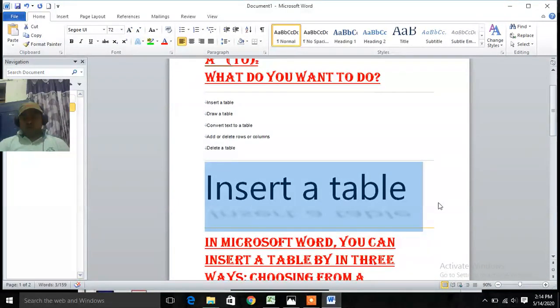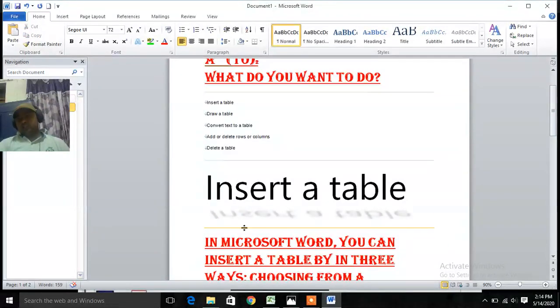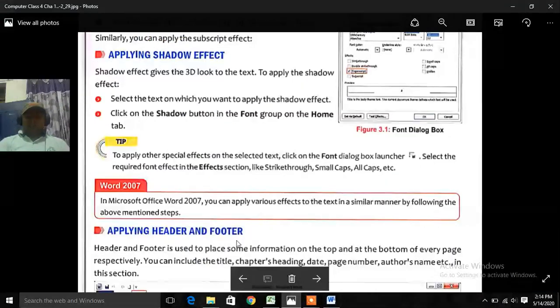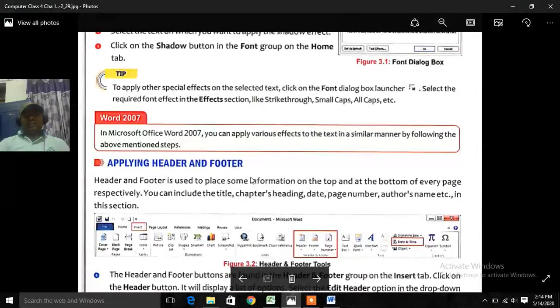Now you can look at the shadow. Now look, here is the shadow. So you can apply the shadows also. It gives effects to your text.